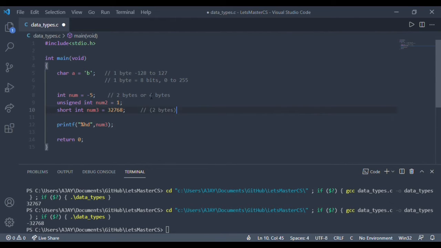Let's keep it in brackets for clarity. Similarly, int is 4 bytes. So the short int ranges from minus 32,768 to 32,767.